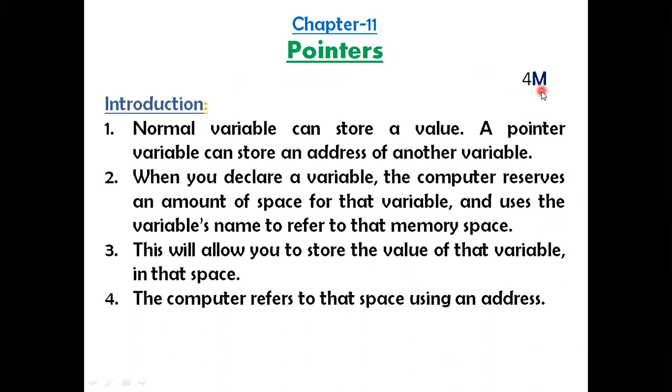This 4 marks is again divided into two parts. That means we will have two beautiful questions from this chapter. One question will be for 1 mark and another question will be for 3 marks. There will be no 2 mark or 5 mark questions from this chapter. Only 2 questions. In order to get 70 out of 70, the most important point is you should not miss the 1 mark question from this chapter.